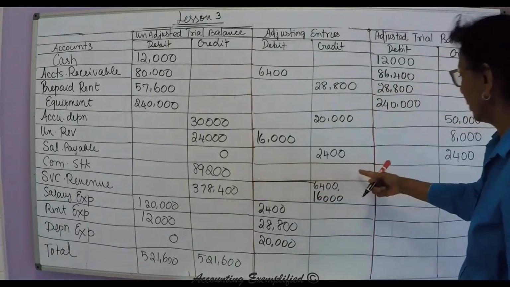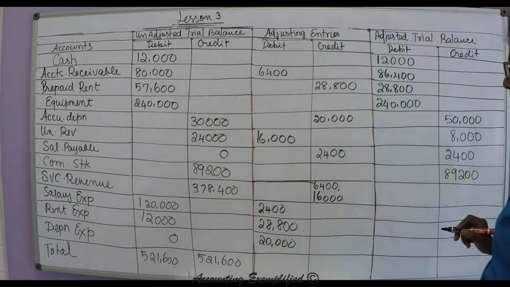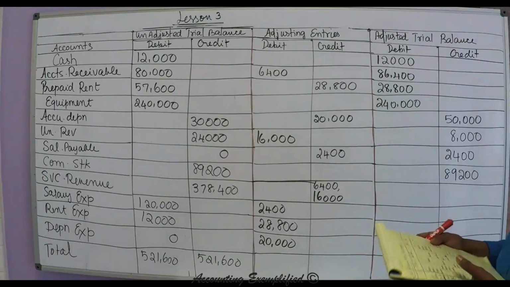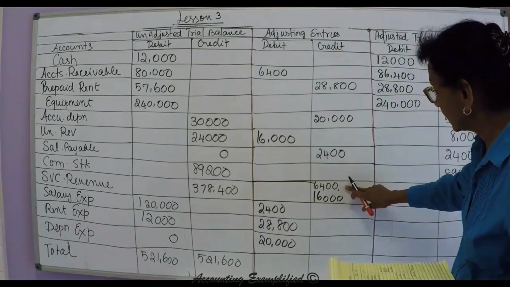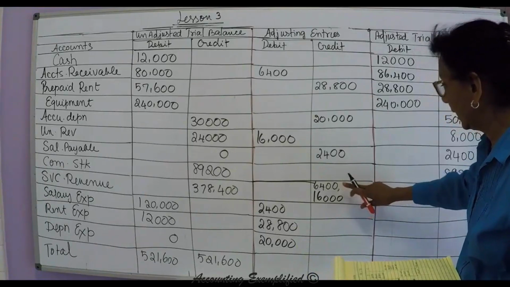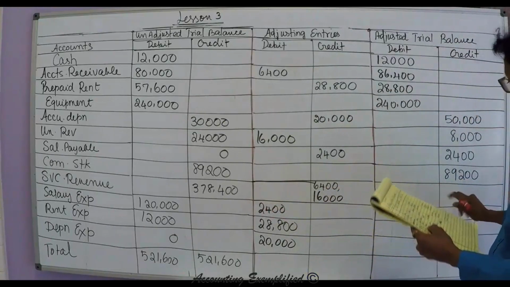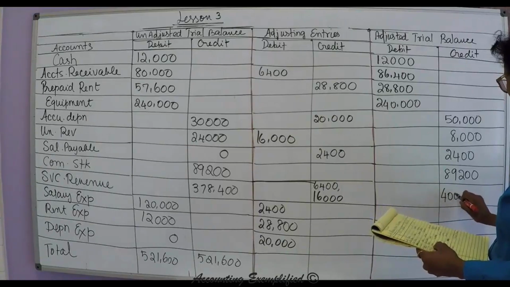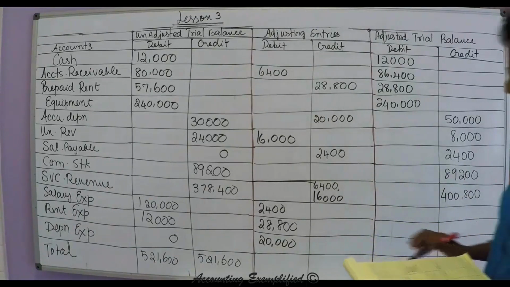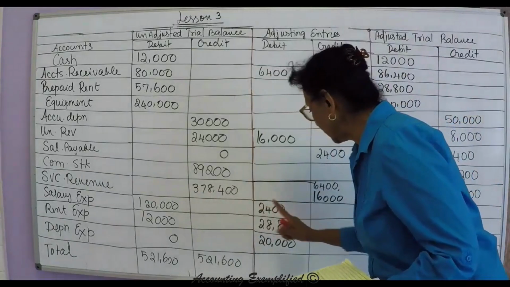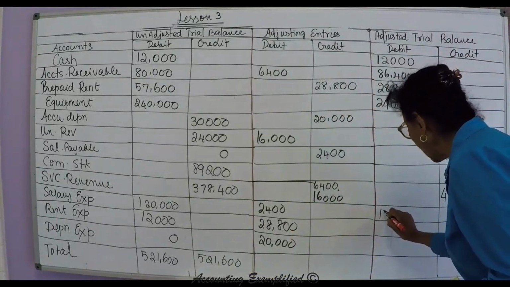Common stock, no adjustments. That stays at 89,200. Service revenue, you started with 378,400. There are two credit entries, that means we increased by 6,400 and also by 16,000. Now the adjusted balance for the service revenue would be 400,800. Now salary expense, you started with 120,000, you increased by another 2,400. The new balance will be